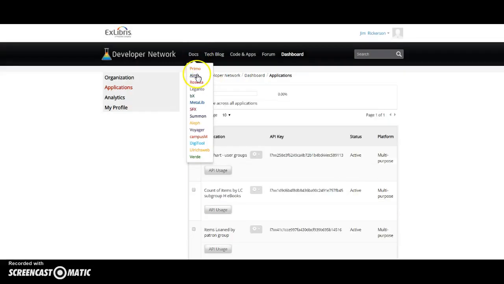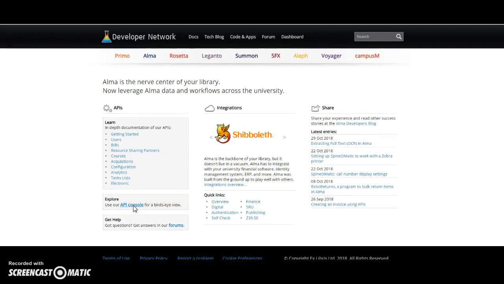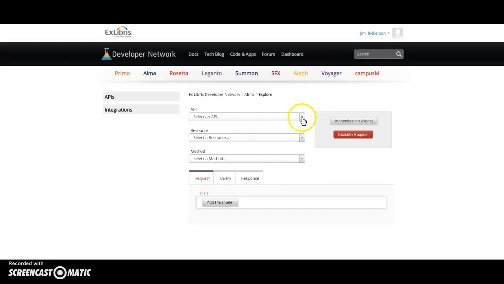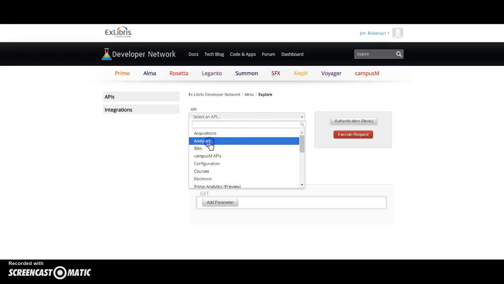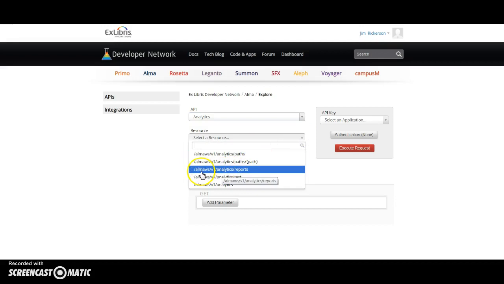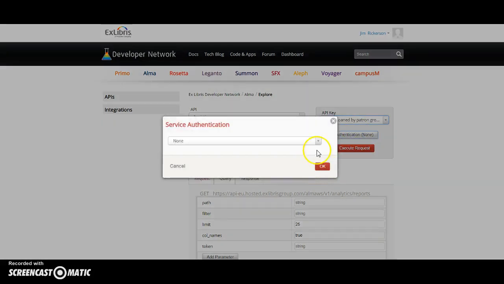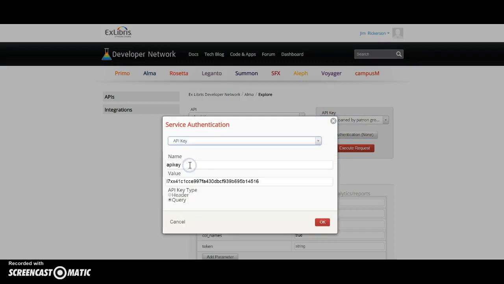And then I go to Docs Alma, and then I select where it says API Console, and then under Select an API, again I do Analytics, and under Resource it's Alma AWS Analytics Reports, method get, and then select an application. I'm going to select the one I just did, which is items loaned by patron group, and then click Authentication. Under None I do API key, and then I get this, and